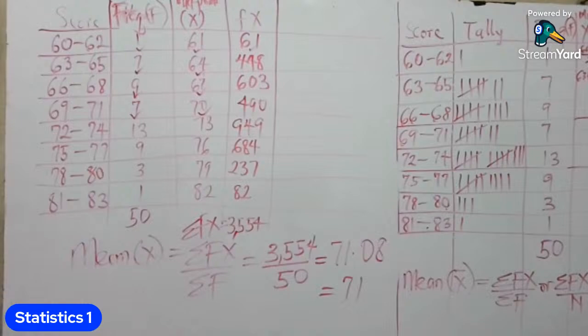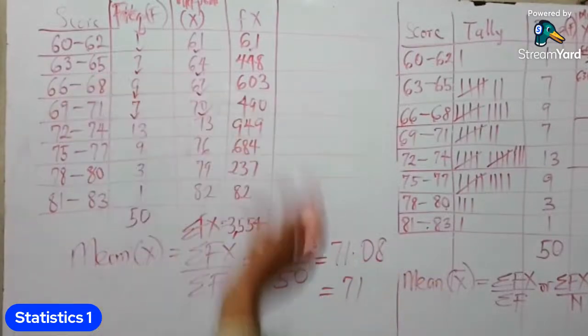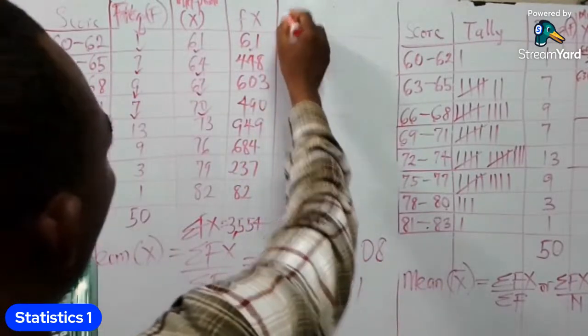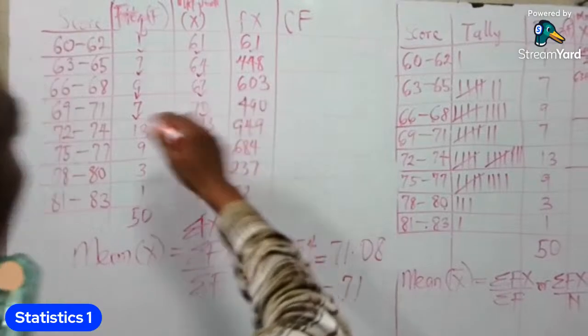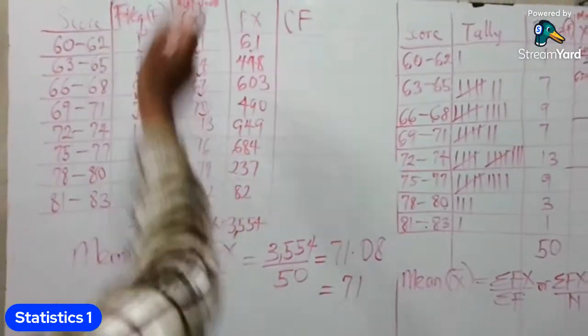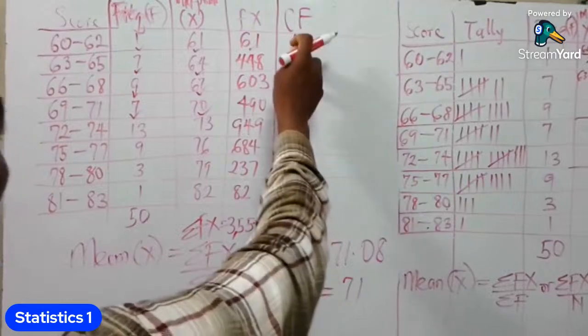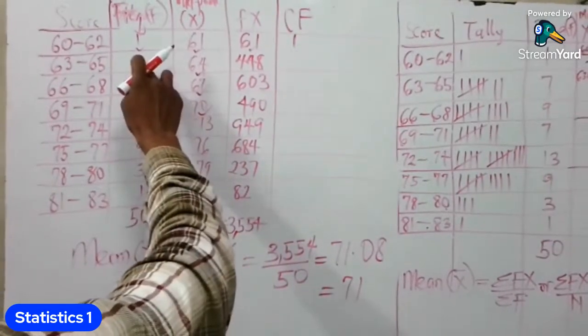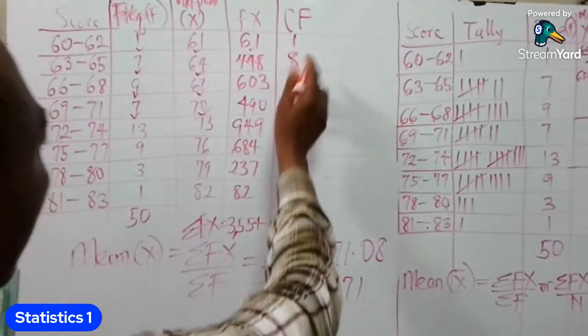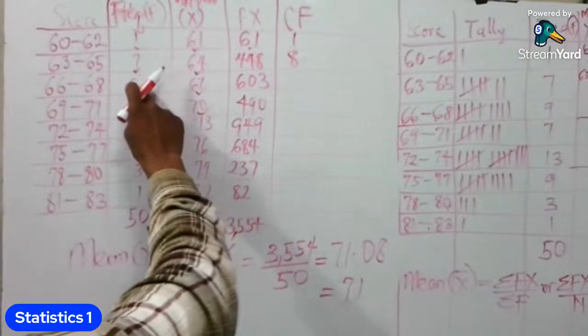Another thing I want to quickly add into this is that because of our time, in case you are asked to construct a cumulative frequency, instead of doing another table entirely, if the question is still together, you can still quickly get your cumulative frequency here. The cumulative frequency simply means the subtotals of this. The first frequency here is 1. When you add that 1 to the next frequency, which is 7, that will give us 8. 8 plus the next one, which is 9,